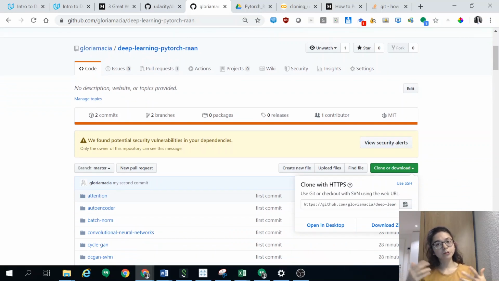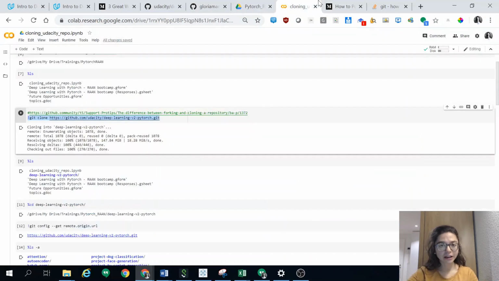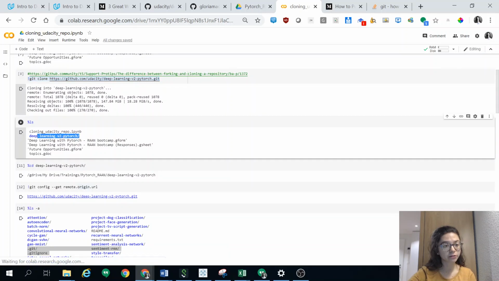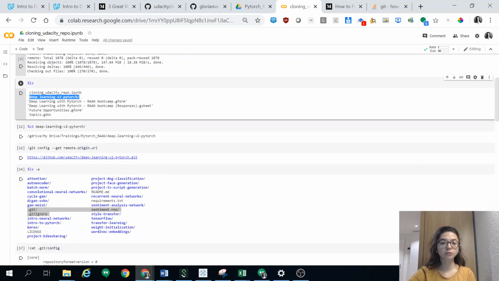And then what I also wanted to show you: once you clone this repo, you see that now you have a new folder. So with ls, I'm listing the folders, and you see you have a new folder. You can go inside, and here you have all the files for the exercises. And that's very nice, because then you can do the exercises in this folder already on your Roche drive. Then let's say you want to create your own repo, and now push the changes